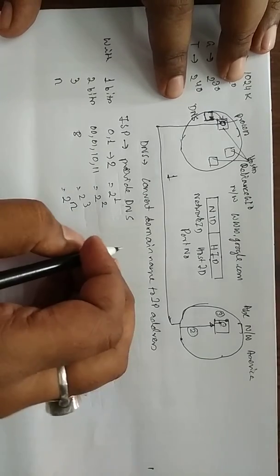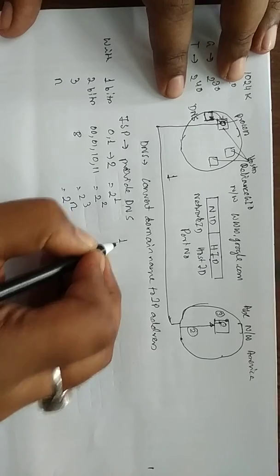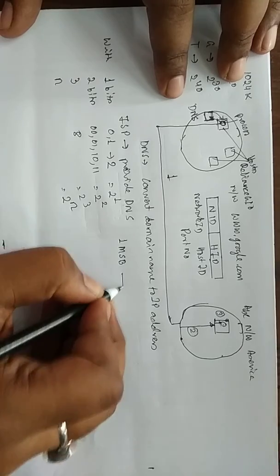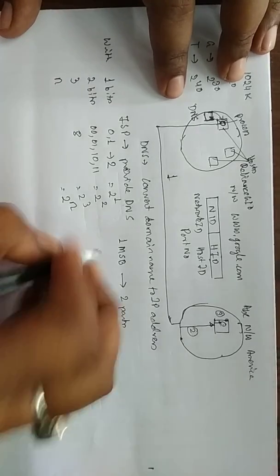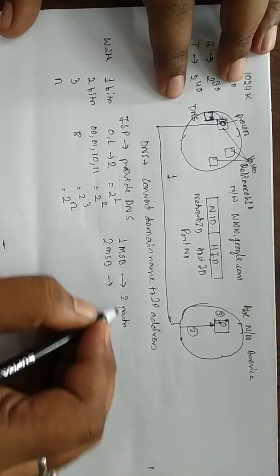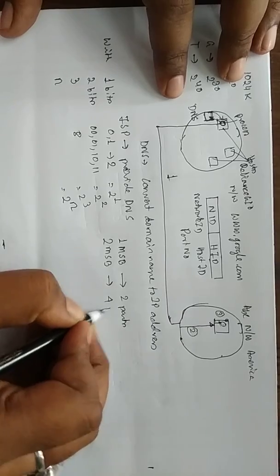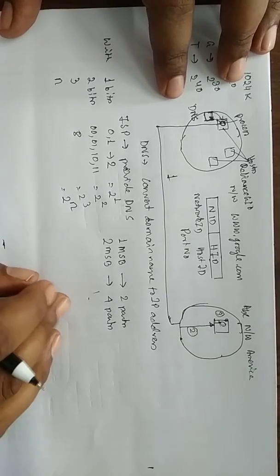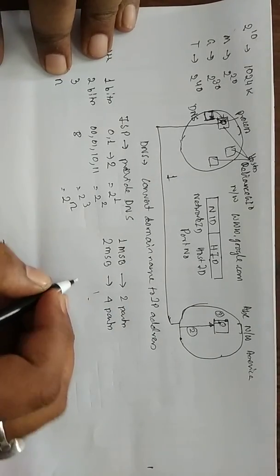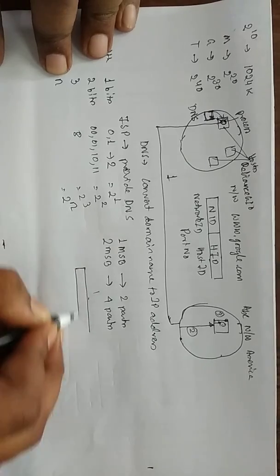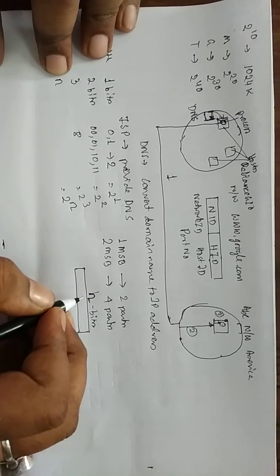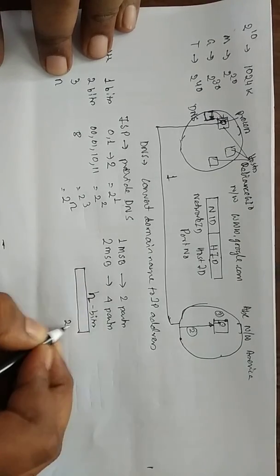So for the entire network, if I choose 1 bit, 1 MSB, most significant bit, then we could divide the entire network into 2 parts. If we choose 2 most significant bits, then we could divide the entire network into 4 parts, and like this. Okay. So let us consider one thing. Let us take it like this. This is a network consisting of n bits. So how many numbers can be generated? That is 2 to the power n.